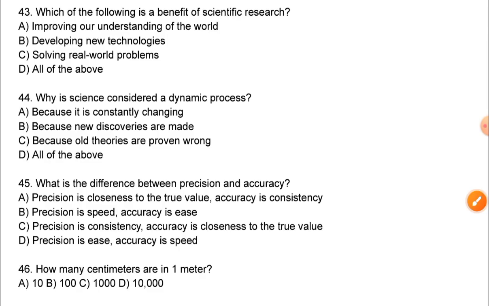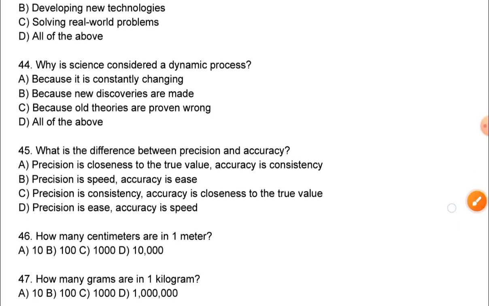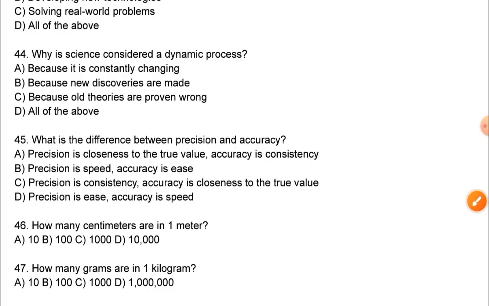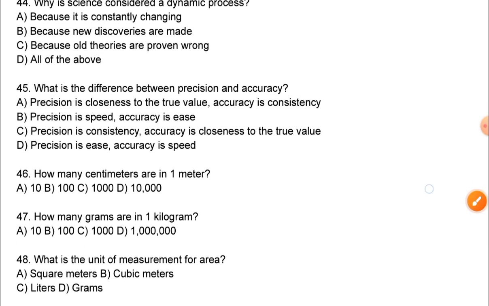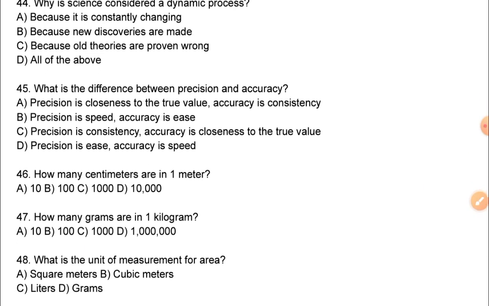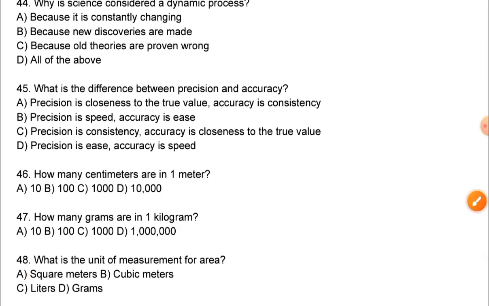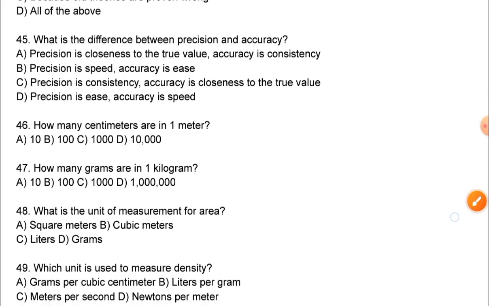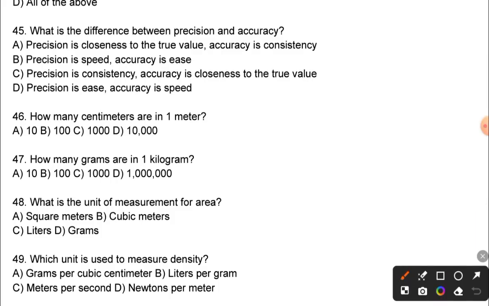46. How many centimeters are in 1 meter? That's 100. 46 is B. 47. How many grams are in 1 kilogram? The number of grams in 1 kilogram is 1,000. So C. What is the unit of measurement of area? Unit of measurement of area is square meters, or meter square, as we say it. Which unit is used to measure density? Unit used to measure density is gram per cubic centimeter. A. 49 is